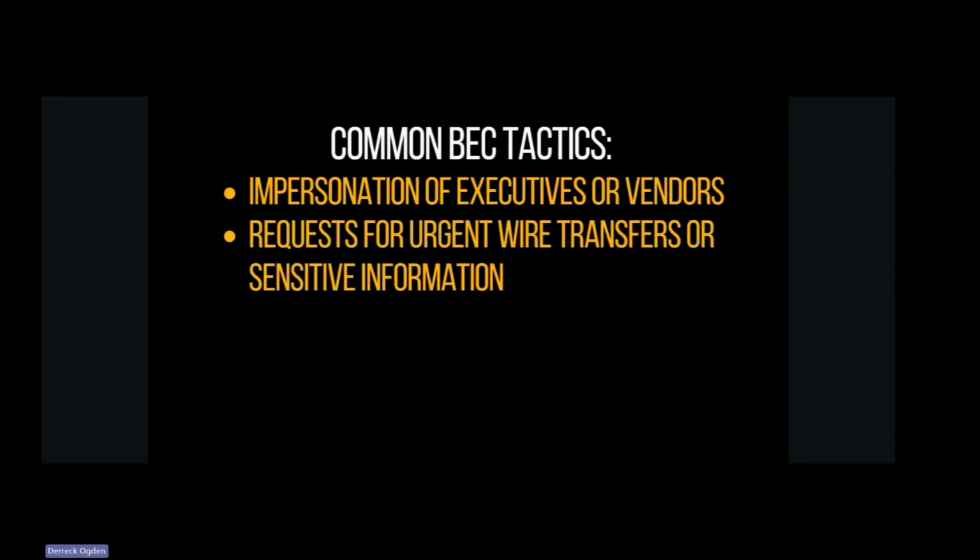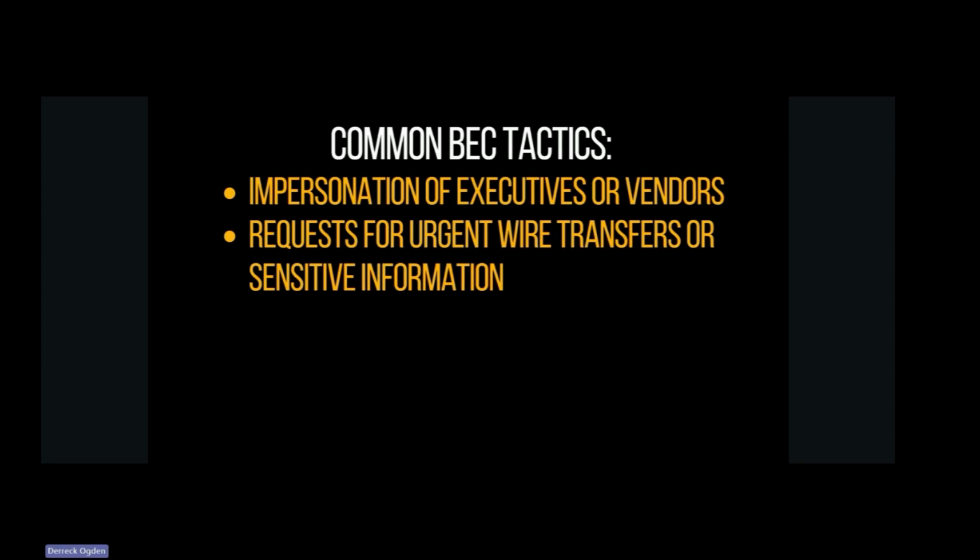They'll also use requests for urgent wire transfers or sensitive information. They'll ask for something quickly, right? Especially if they're impersonating an executive of your company. We've heard of CEOs' emails being hacked. They have some social engineering going on where the hacker has figured out this email belongs to the CEO. We also have the email address for the CFO. So we'll just send an email from the CEO to the CFO commanding them to immediately transfer $50,000, $100,000 to this account because I'm in a meeting. We're trying to close this deal, get this money transferred. That happens all the time.